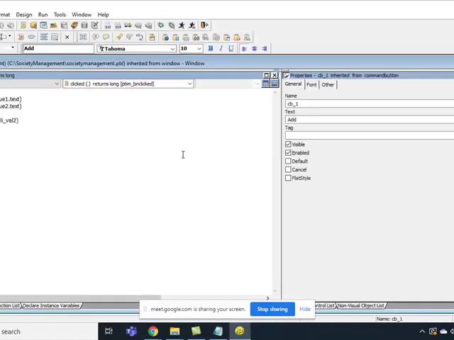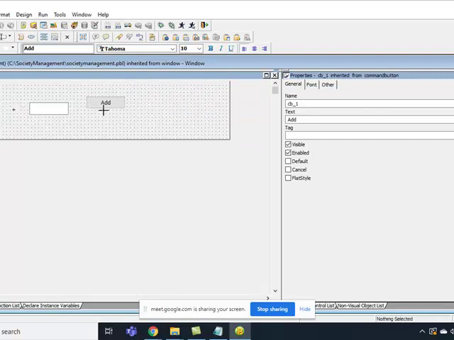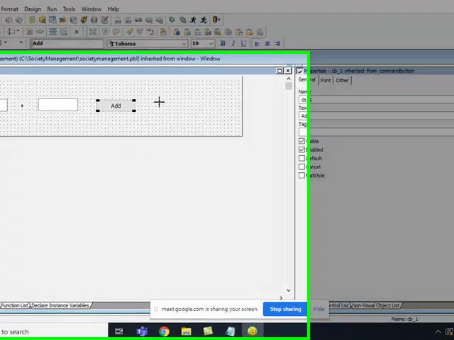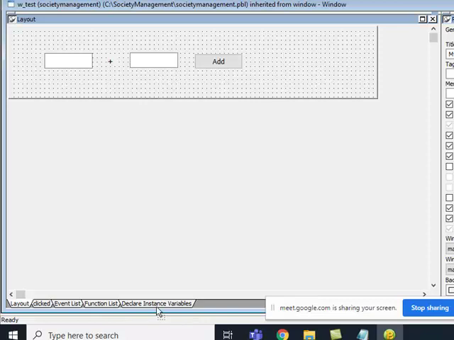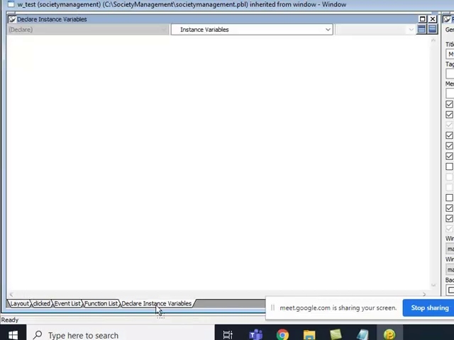Now let's do one thing. We will create one instance variable, at object level. You can see here, Declare Instance Variable.